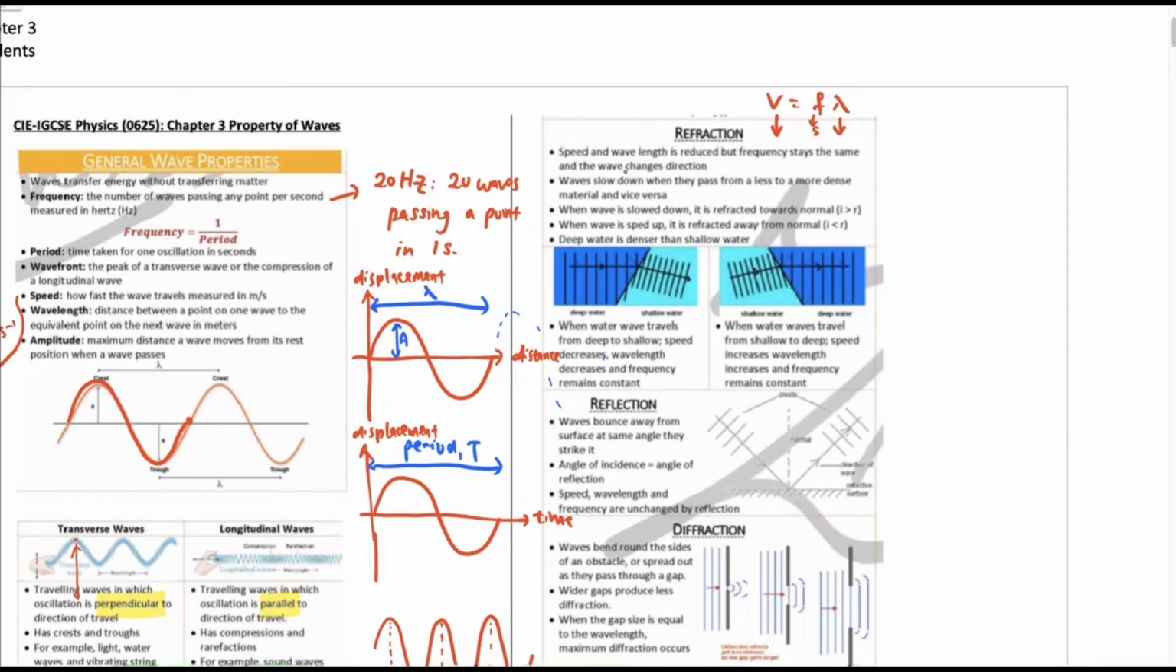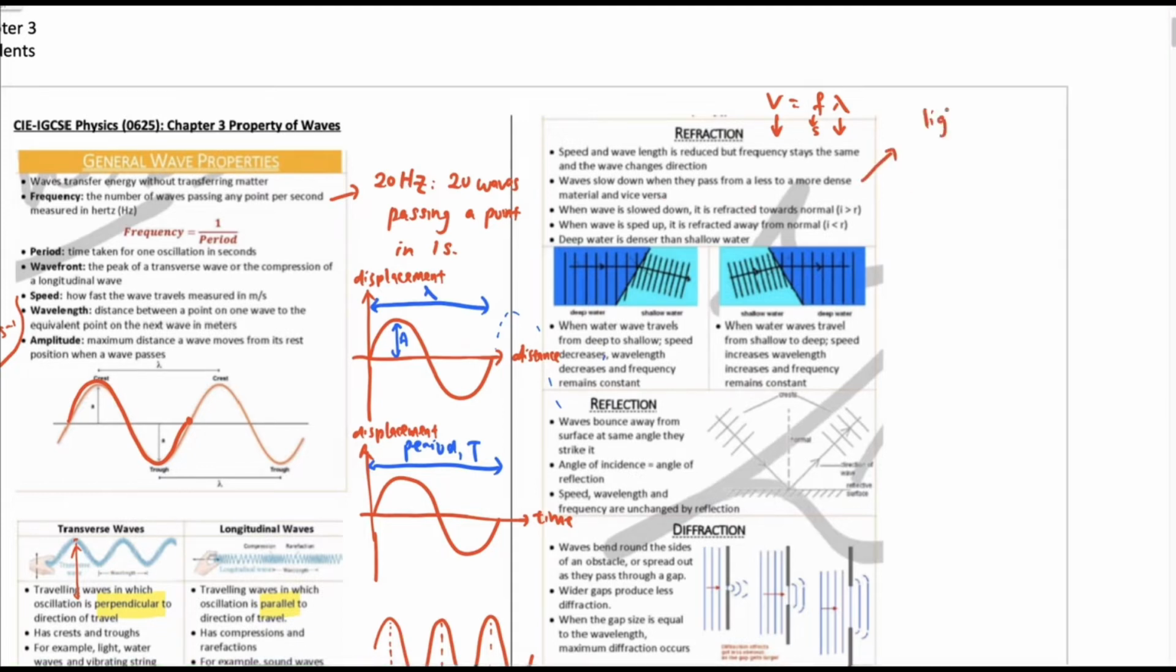So in what situations does refraction happen? Of course, we need to know one by one. In water, how to make refraction happen. In, let's say, light, how to make refraction happen, so we need to know one by one. Okay, so we see the information first before we discuss that. Waves slow down when they pass from a less to a more dense material and vice versa. Okay, so example,